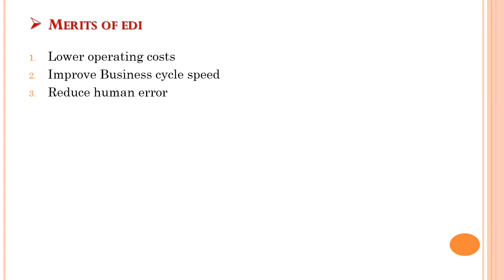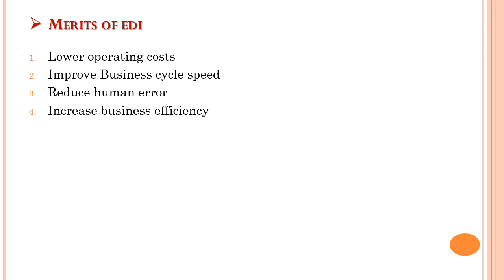Next is reduced human error. Aside from their inefficiency, manual processes are also highly prone to error, often resulting from illegible handwriting, keying and re-keying errors, and incorrect document handling. EDI drafting improves an organization's data quality and eliminates the need to rework orders by delivering at least a 30% to 40% reduction in transactions with errors.